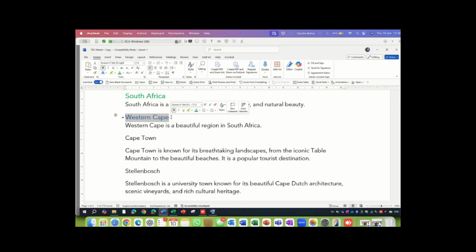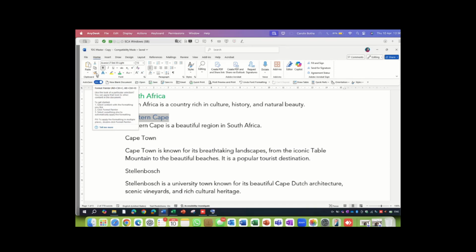I don't know the UK that well. So Western Cape is one of the regions, Gauteng is another one. So what I'll do is I'll select heading 2 on Western Cape, double click on my format painter. The reason for double click is if I click once, it's going to apply the style to only one other region.